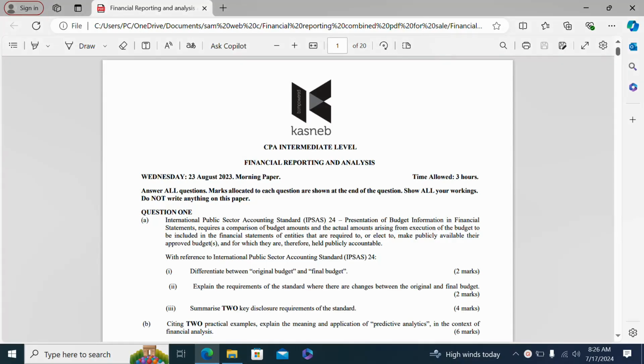This is the Financial Reporting paper of CPA intermediate level. This was done on 23rd August 2023. And the first question,